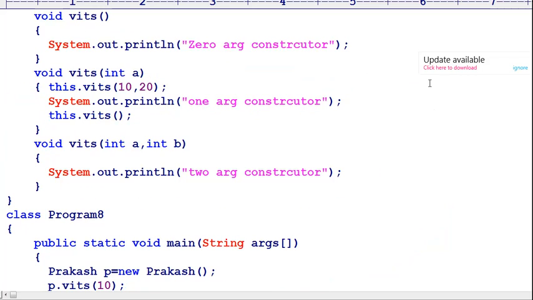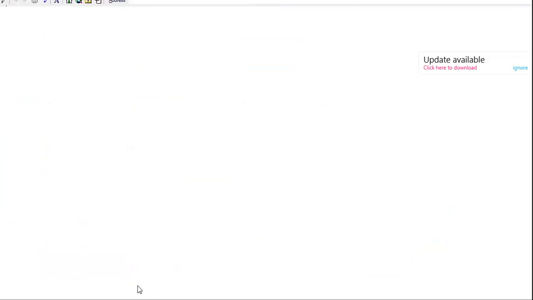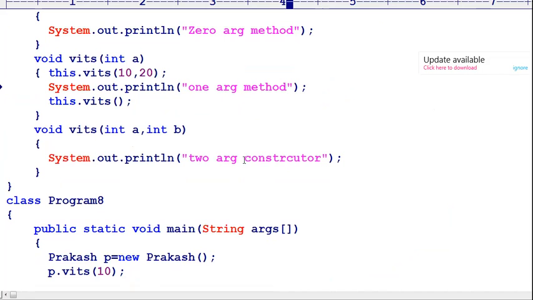Here it is not a zero argument constructor, it is a zero argument method, which you have to understand. Before executing, I am changing the program result. The result is not important. We have to understand how it will be working.